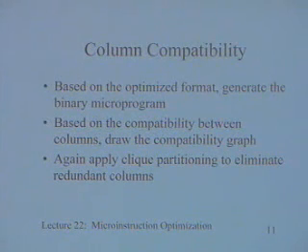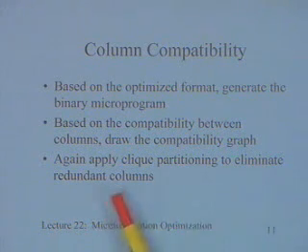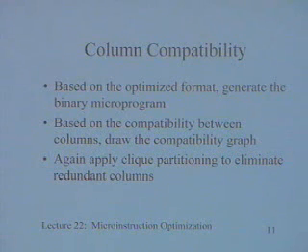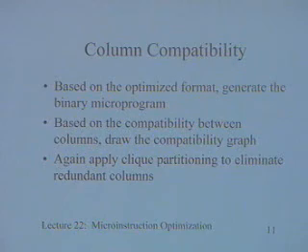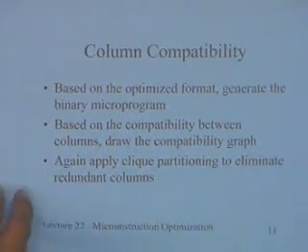Based on the compatibility between columns, we draw the compatibility graph. Again apply clique partitioning to eliminate redundant columns. Basically what you are saying is, if the same set of values can be generated by one column, you can merge two columns and we can generate the same set of values. At this stage, this does not require any decoding, because the output that is coming from the ROM